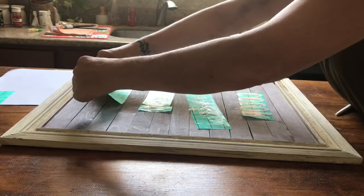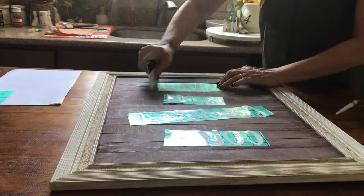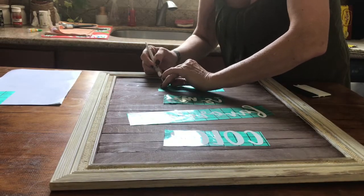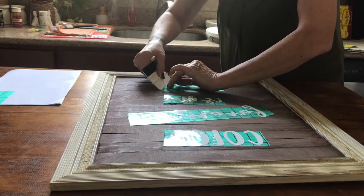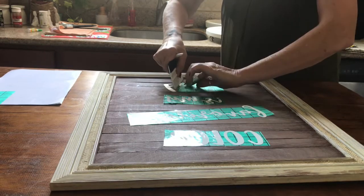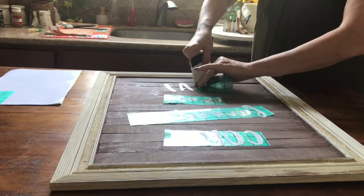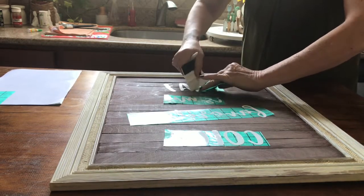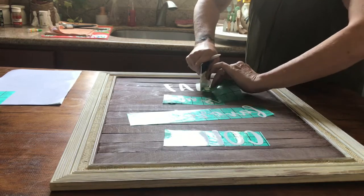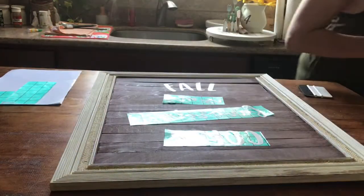So I've been really lazy lately. I want to call it lazy, but I have no motivation. I thought maybe something was wrong with me, and I don't really want to get into this, but my thyroid was acting up a little bit, so that could have been why I was so tired all the time. But I'm taking medicine now, and I'm starting to feel better. I just had no motivation to do anything. And then I would do something and it would turn out terrible. So I was like, what's going on? Anyway,